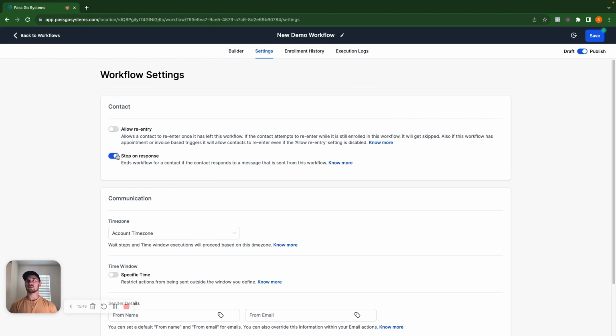And then stop on response. We don't have anything that's going to hold this up, like a wait function or checking to see a status of something. So this doesn't really matter. But if you have a workflow that's a little more complex and you've got wait functions in there, then this could become important, because if someone replies, then it's going to bring them out of the workflow and it's going to stop sending them all the emails and text messages that you're sending them in order to get them to reply. So these are super important triggers. Make sure that you have these set up the way that you want them. But for this specific one, this is how I want them. And so we're going to save this,